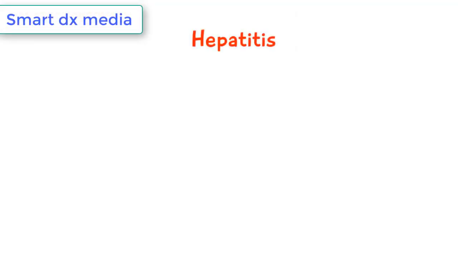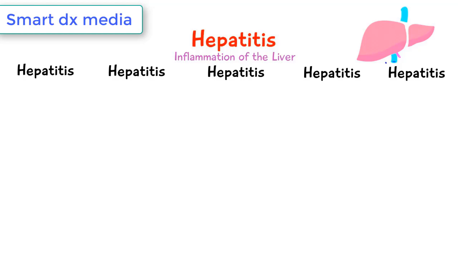Hepatitis. What is hepatitis? Hepatitis is inflammation of the liver. The cause varies, and it can be due to viruses, alcohol intake, drugs, and various chemicals. But I will be explaining the summary of all of the hepatitis, right from hepatitis A to hepatitis E. Hepatitis A is caused by hepatitis A virus, and the route of spread is fecal oral